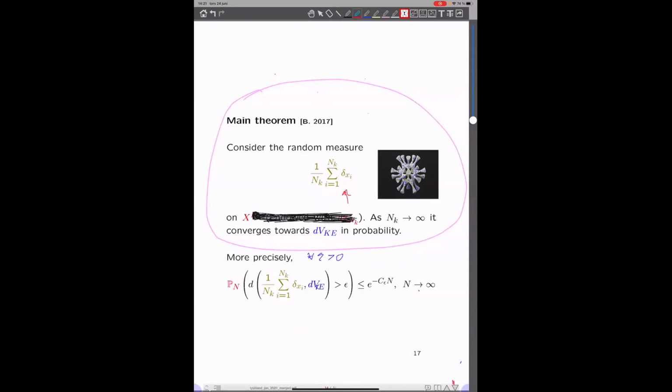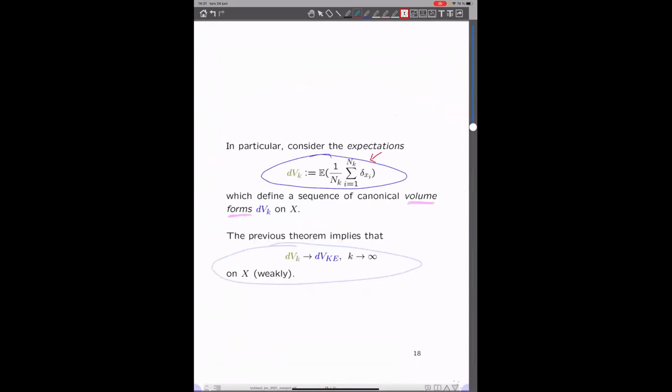Okay, so this is something I proved quite some years ago, and I want to tell you about some more recent developments I've been working on. But before I do that, let's try to make this a little bit more explicit, because I said that one motivation was to actually get some canonical approximations of the Kähler-Einstein volume form,